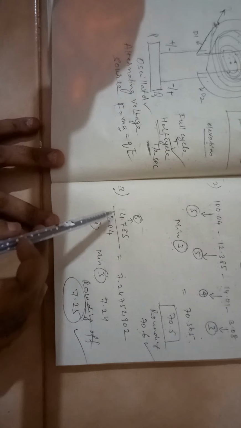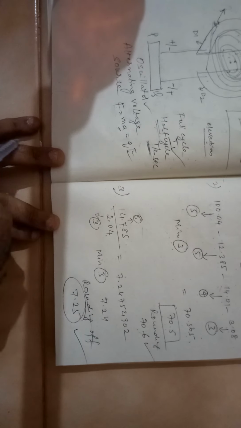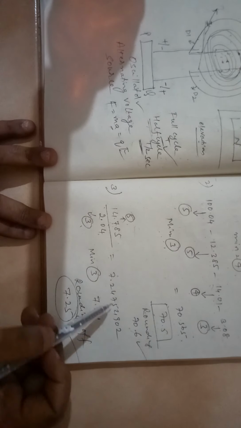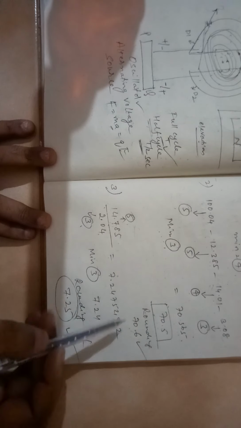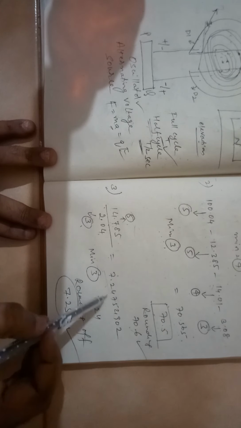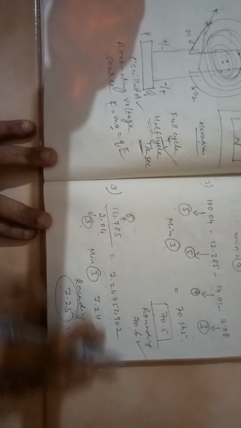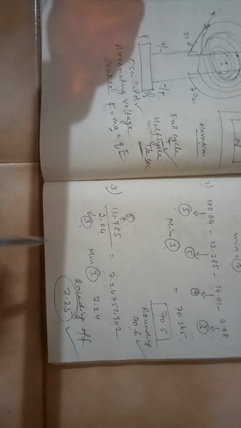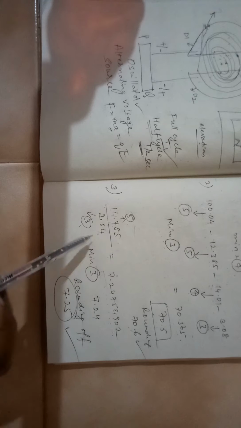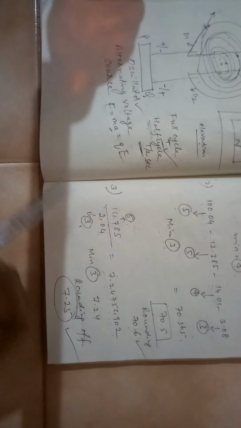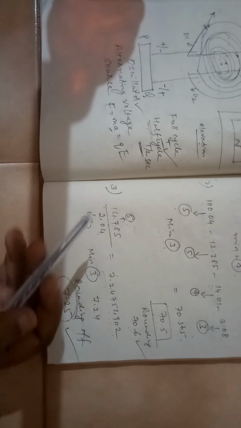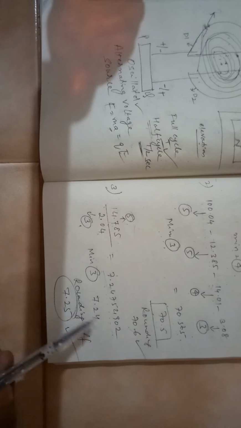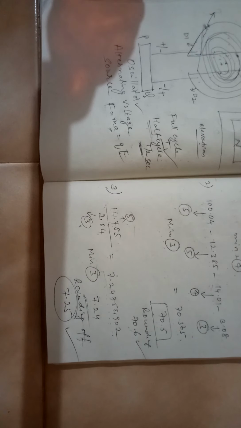Let us see a division. 14.785 divided by 2.04. The numerator has 5 and the denominator has 3 significant numbers. If you do this using a calculator, you get this much: 7.24754902. This is a more accurate answer. Now the denominator has 3 significant numbers and the numerator has 5. So I would presume that my answer should have at least 3 significant numbers. So 7.24 I would pick.